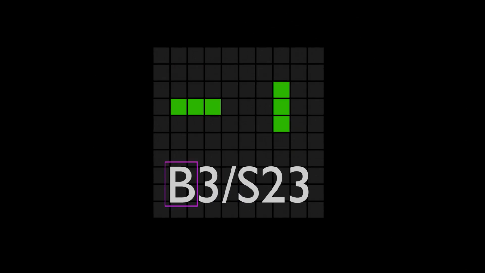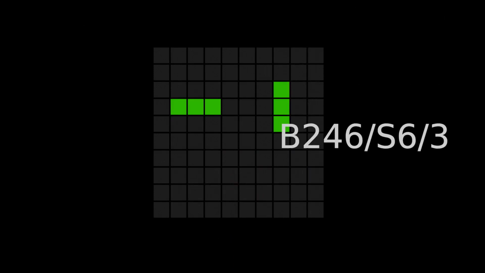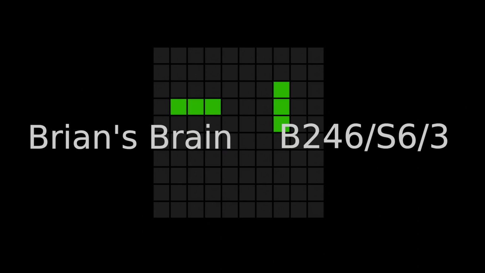So B states how many neighbors a dead cell needs to give birth to a new cell, while S states how many neighbors a living cell needs to survive. So you know now, if you didn't know before. Also you can find formulas looking like this with an additional number. They refer to cellular automata with more than 2 states. You can find more by googling Brian's Brain cellular automaton.